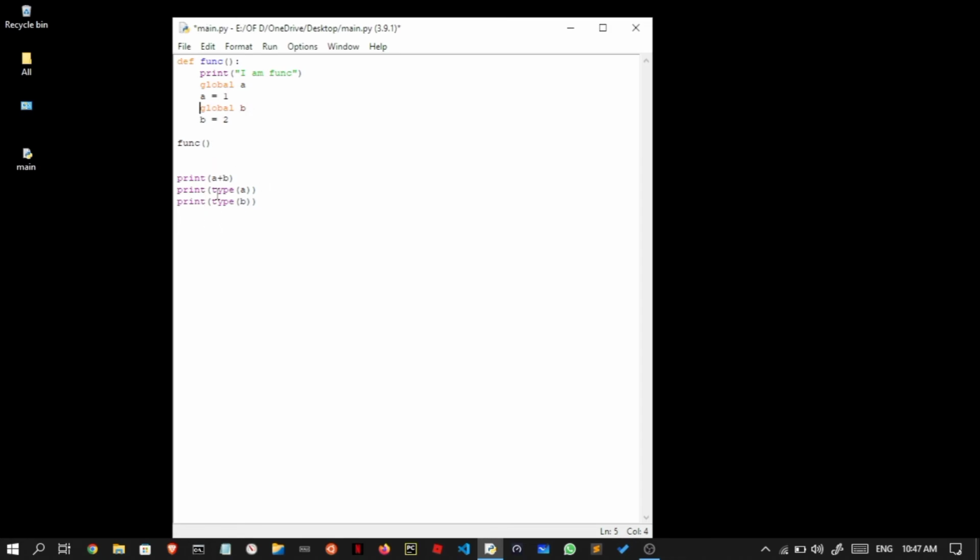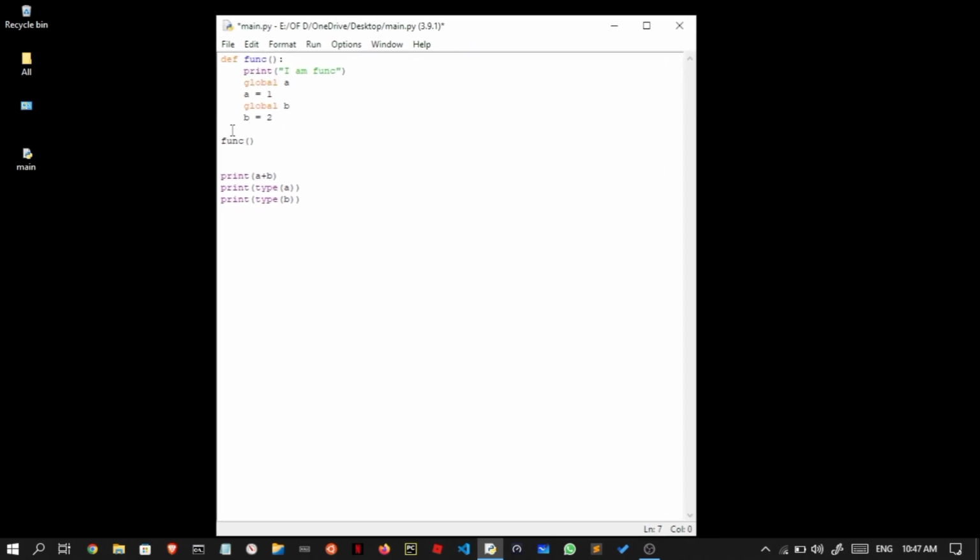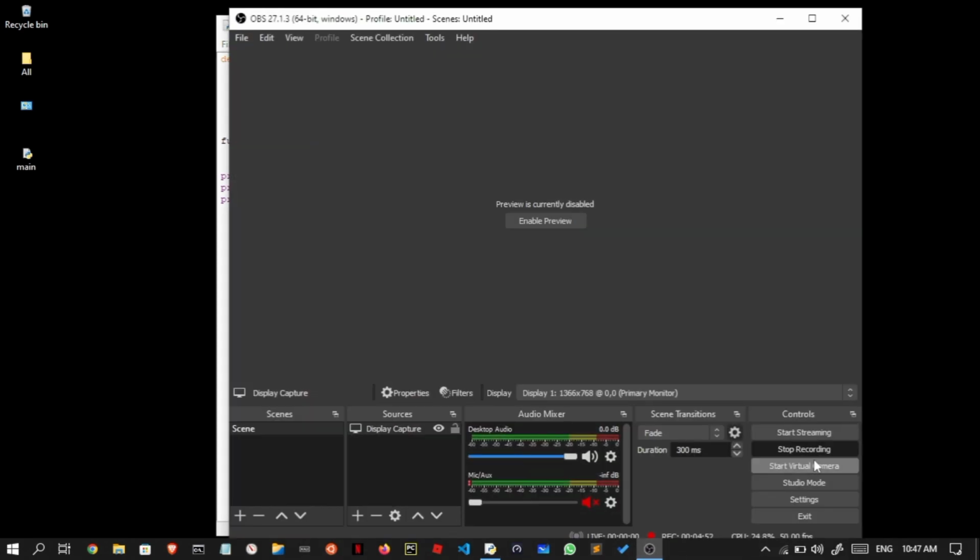But if we didn't have these lines of code up there, let's comment them out for a while and run the same code. It'll say the name a is not defined, and if I just add global a, it'll say that the name b is not defined. So if you want to make it run outside the place it's defined, if you don't want it to run